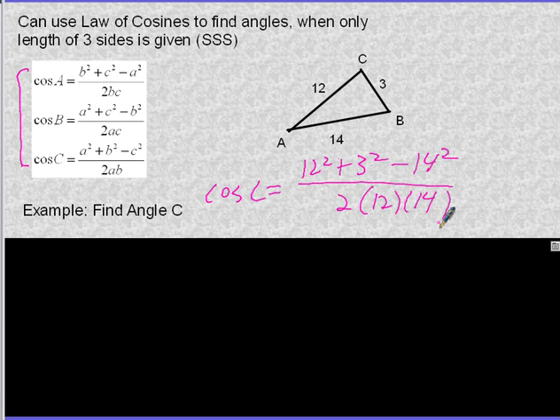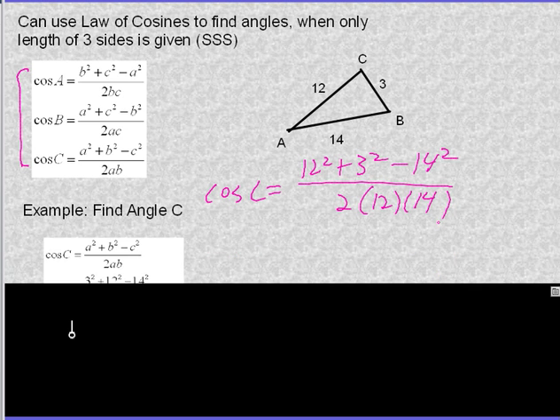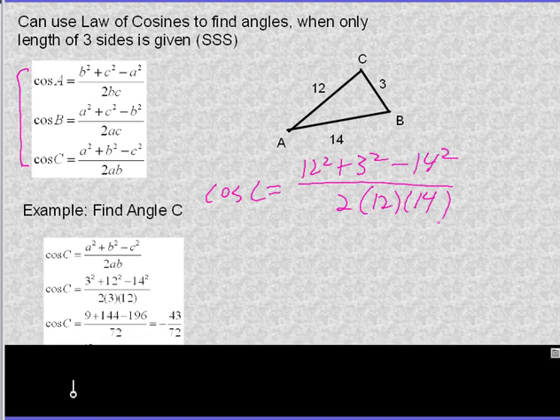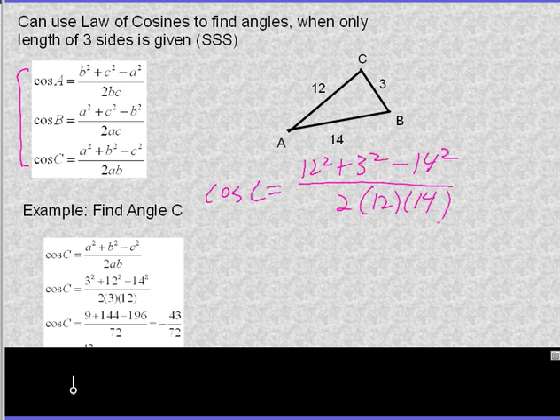So remember, you want to square and then add and subtract, and you want to multiply all this together before you divide. So that gets us here, and it's in a fractional form, but you can turn it into a decimal, it doesn't matter. We're going to end up with cosine of c is equal to negative 43/70. So what does this mean? We're trying to find an angle, and as I'm going to continually remind you, whenever we want to find an angle, you're going to be using an inverse function. So what we need to do in our calculator is inverse cosine of negative